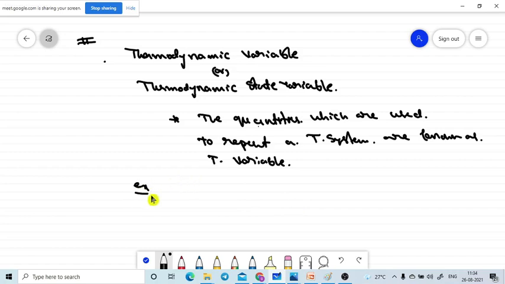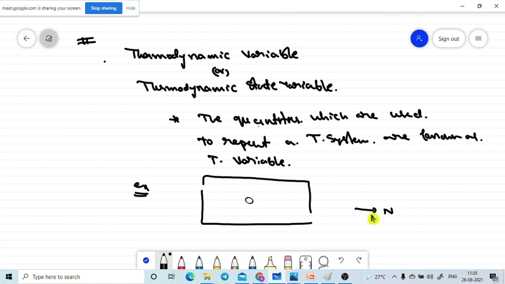In a general case, let's assume this is your city. Let's assume this is the center of the city, your city center location. This is the north direction, and this is the east direction. Your house is somewhere here. Let's assume like this. If one person is standing here, he asks how much distance he needs to come. You may simply say, just come 50 meters. For ease, let's assume your house is here.